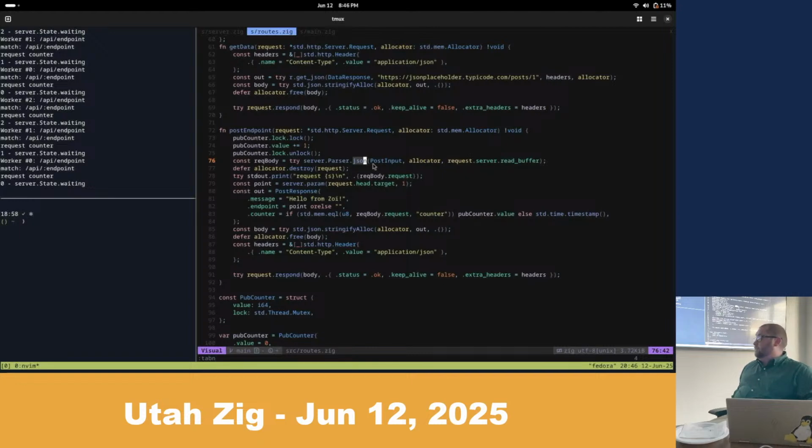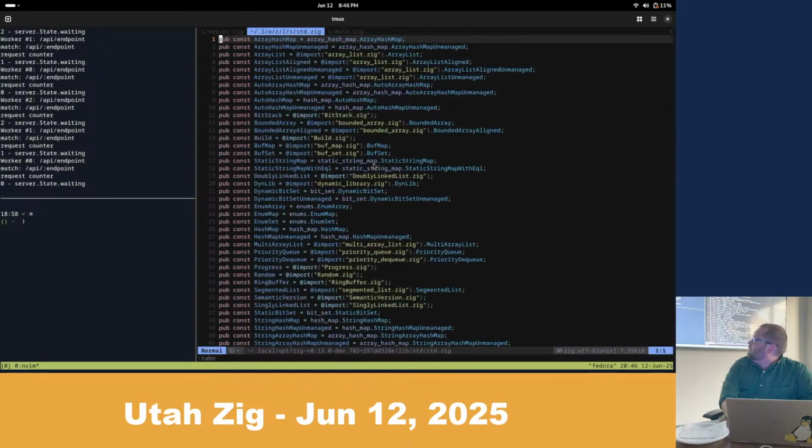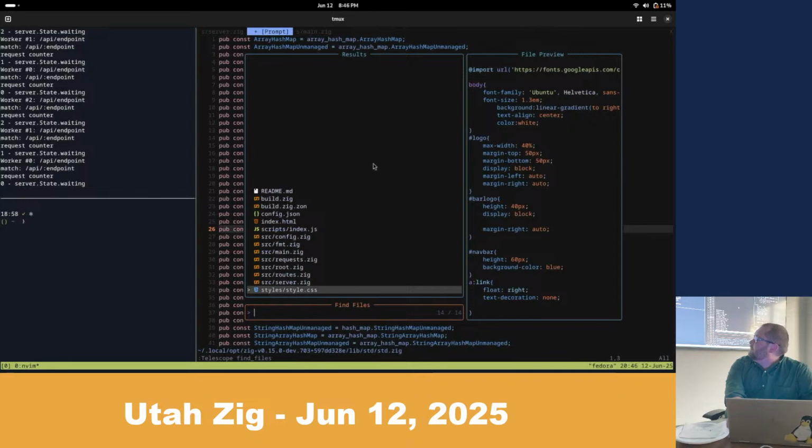So could we look at the definition of request? Do you have to go to definition? Yeah. Just so you can see what functions are in there, what it's doing. Oh, I think you did it on std. Can you go back, yeah, and highlight request?